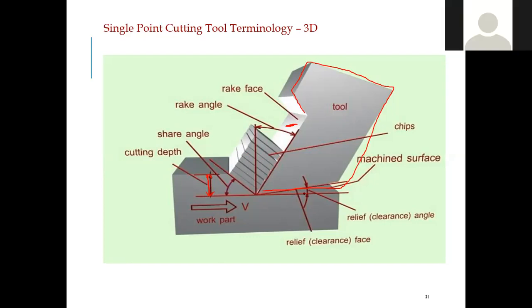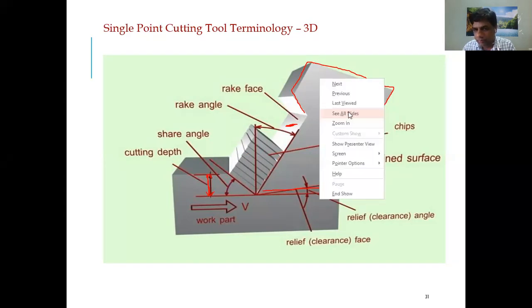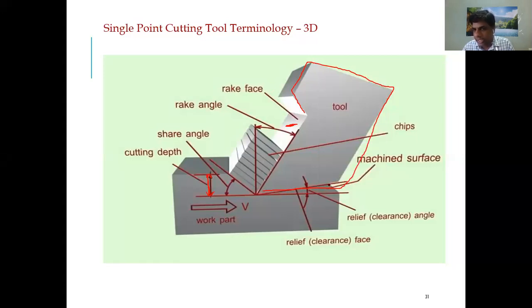I told you about relief angle, right? So this is a typical relief angle. Because of this angle, you see your workpiece is not rubbing your tool. This is the tool and this is the workpiece, right? So your tool is not rubbing with the workpiece. This is a typical clearance angle requirement. Just assume that if clearance angle is not there and the tool is in contact with the workpiece, then definitely some kind of wear happens on the tool as well as on the workpiece. So this is the importance of clearance angle.